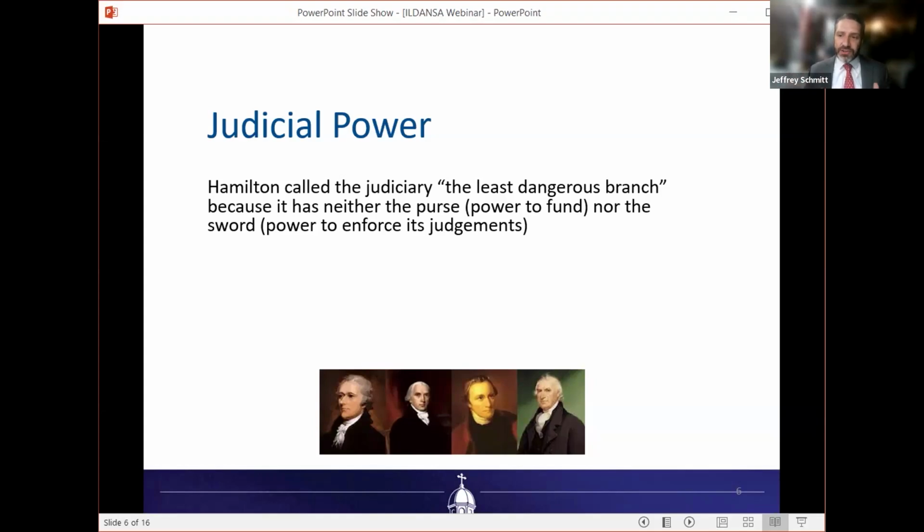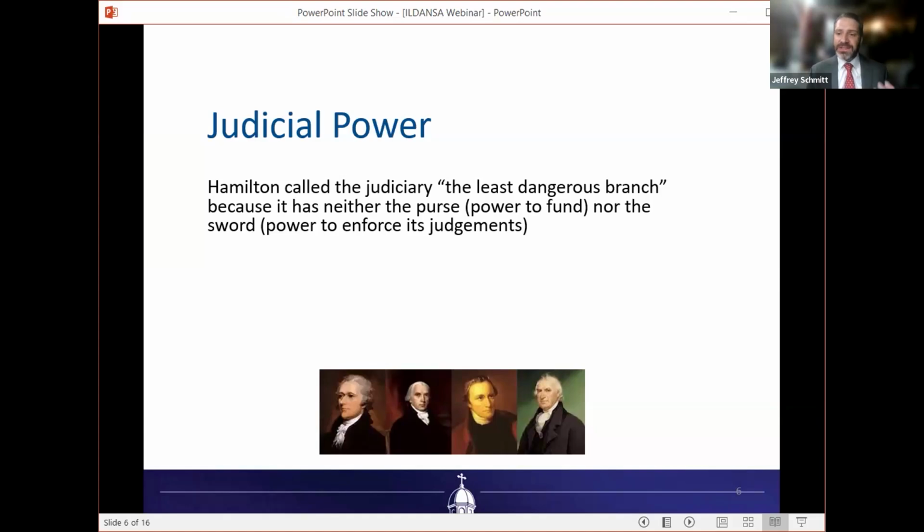The Constitution creates the three different branches of government. It gives them their powers and it limits their ability to act. Now, the federal courts are created in Article 3 of the Constitution. They're the third branch, right? Congress is Article 1, then the president is Article 2, the Supreme Court is Article 3. And it's put in there as the third branch because the founders think it is the least dangerous branch.